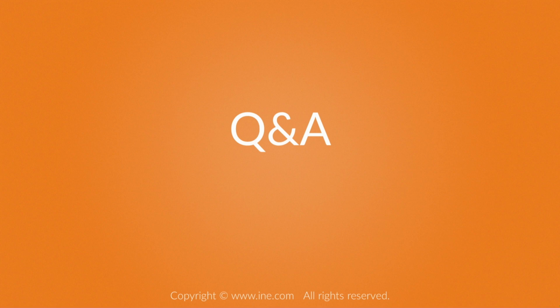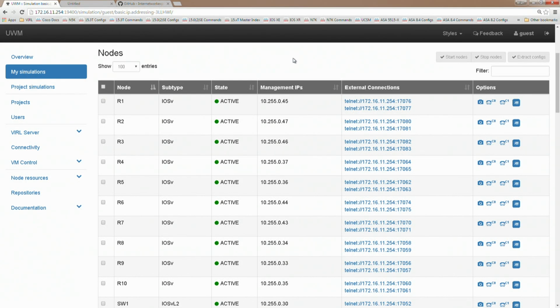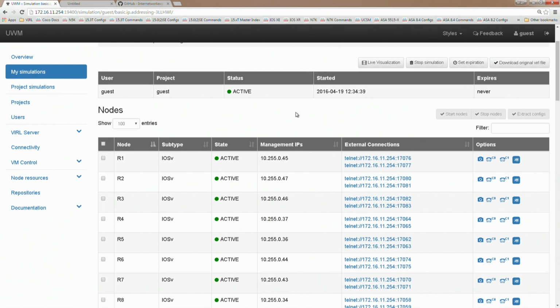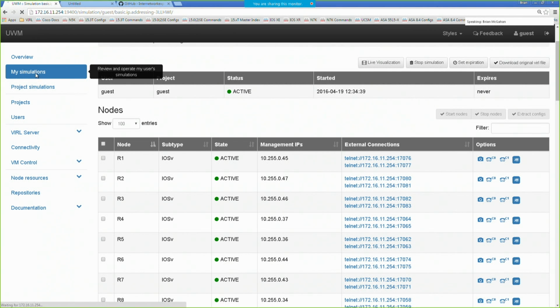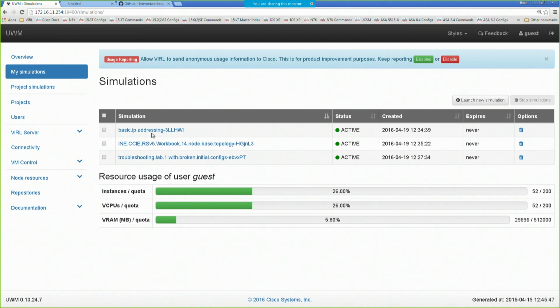Right. Is there any advice that you would give people in respect to saving their work partway through, configuration extraction, anything special that people need to do when operating on the Packet platform? One thing I was thinking of: if we go back to the user workspace manager, once you're done with your simulation, you'll see in the upper right there's a button to extract configs. Okay, so under the user workspace manager, under My Simulations, and then whichever one you're running,